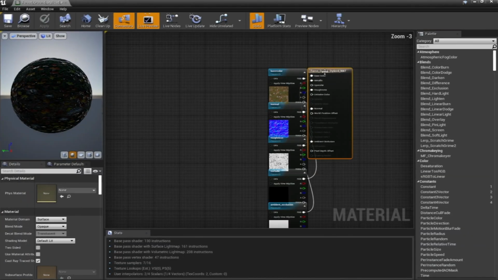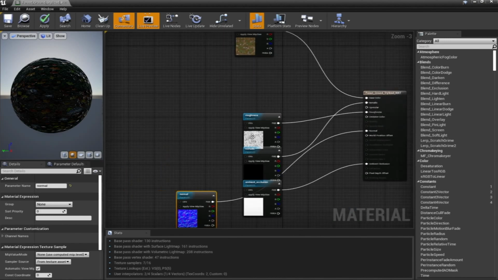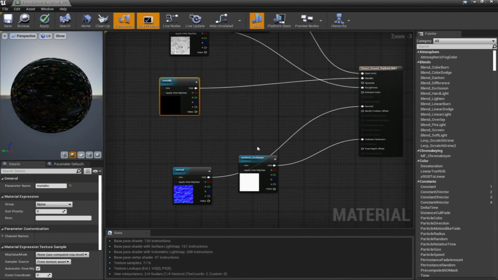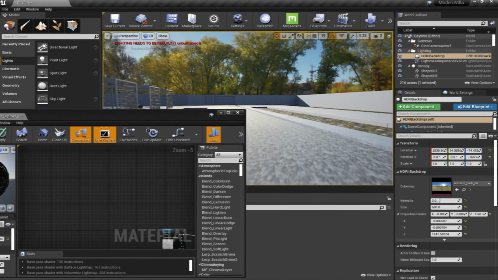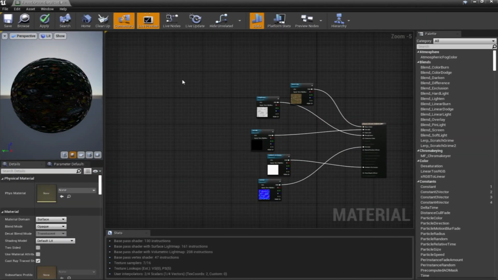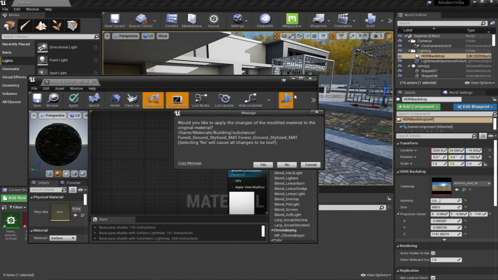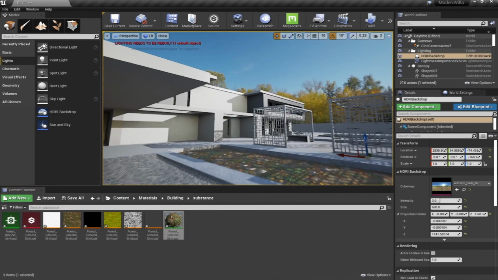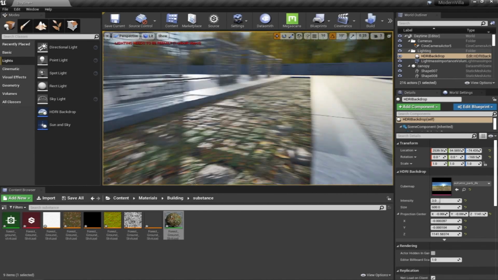And as you can see, we still need a little bit of adjusting the tiling and maybe adding the flatten normal and some of the node parameters that we have added in. And this is why I actually went through creating the material for you from scratch, so you can be ready to adjust, for example, the tiling and the direction, and also increase the normal effect of the substance texture. So I believe it's not really difficult now that you know how to adjust or create